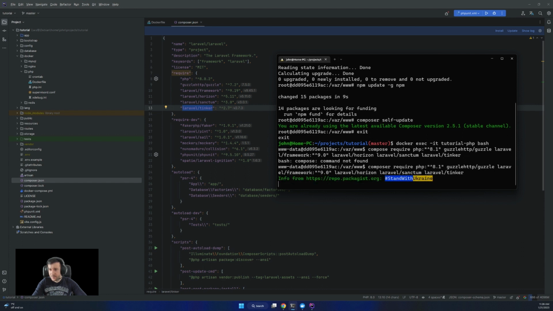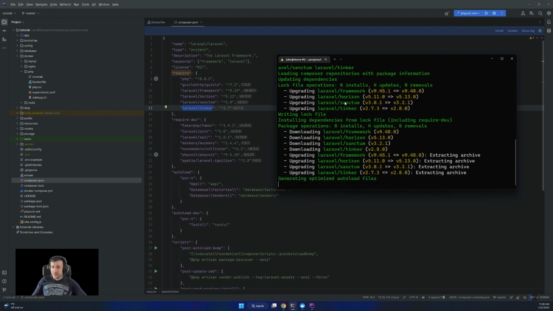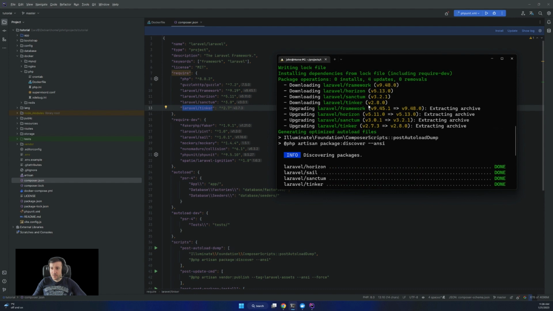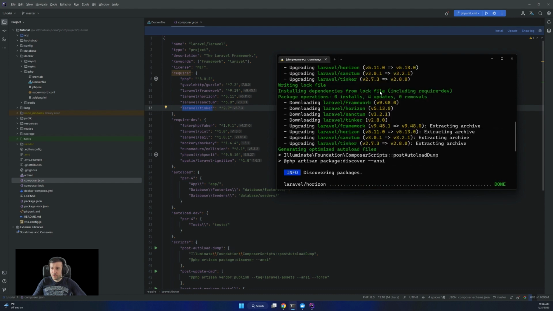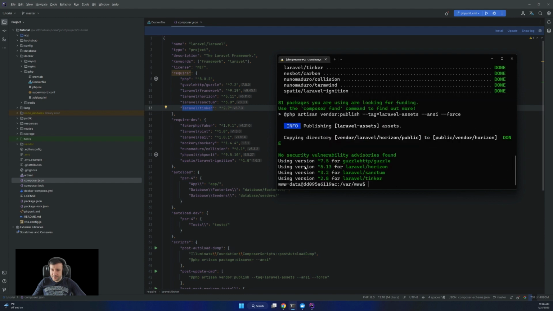Okay, so composer require, and like this some packages will be updated, some others go to the latest version. So for Laravel it will be 9.4.48 the latest, and some other versions for the others.